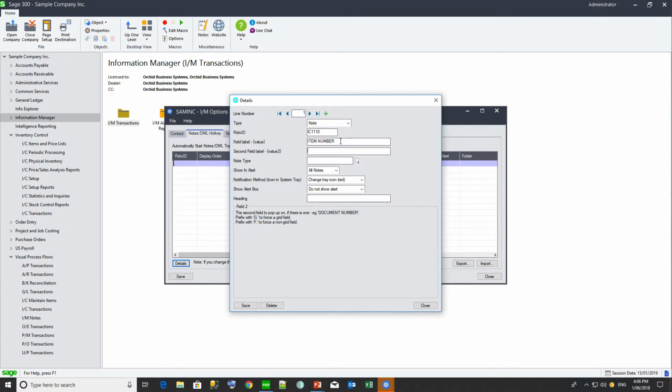And we're wanting to link the note to the item number field. If you're wanting to link the note to more than one field at the same time on the screen, you would fill in the second field label, and we'll come to an example of that later. Then you select the note type, and you would choose whether you want to show the first note, the last note, or all notes. So I had configured item notes to have more than one note, and I want to show all the notes